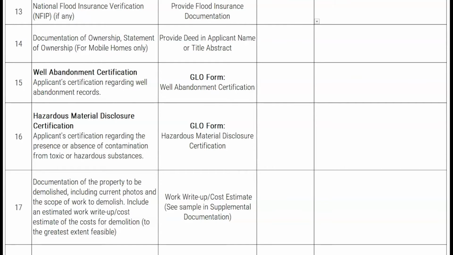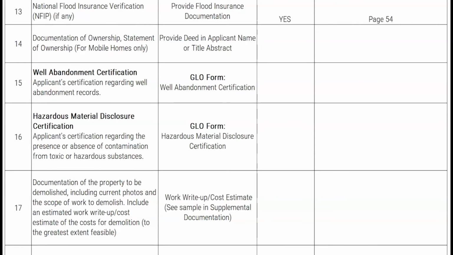After inputting the documentation in the file, subrecipients should check yes, no, or NA if they included the documentation and any comments on the documentation or its location. In number 14, subrecipients should input documentation of ownership on the property and unit. If the applicant indicated on the application that they are seeking a buyout or acquisition for a manufactured housing unit, MHU, they must provide a statement of ownership form, and the property must be selected as real property on the